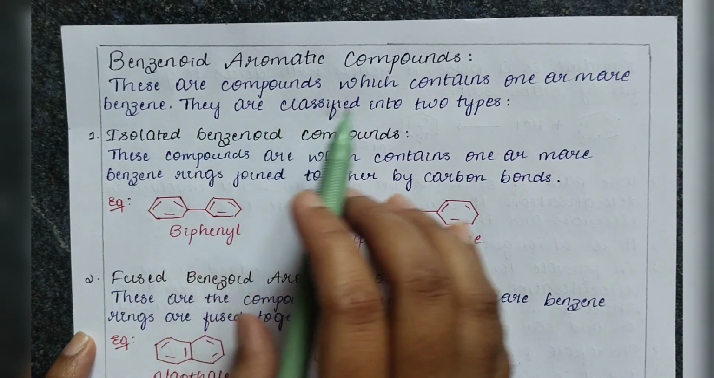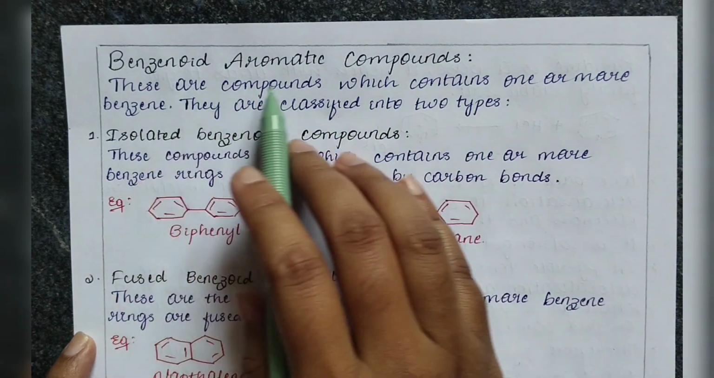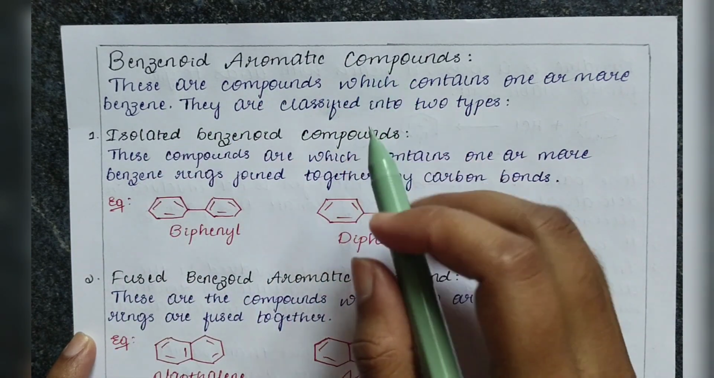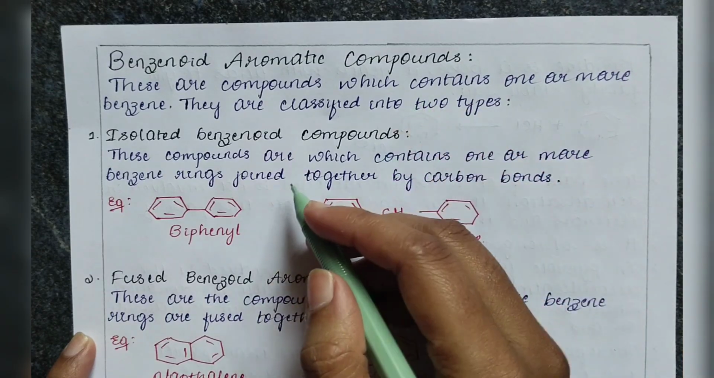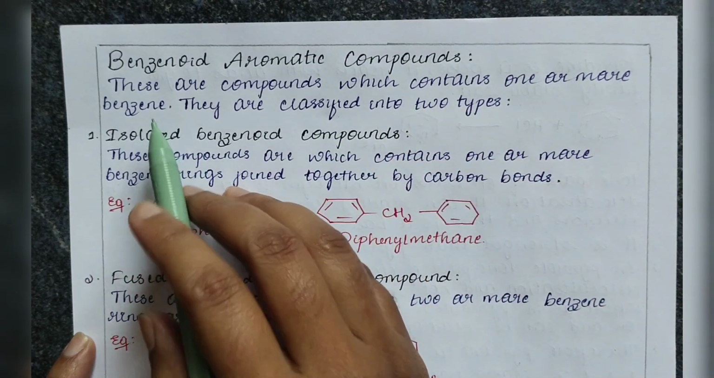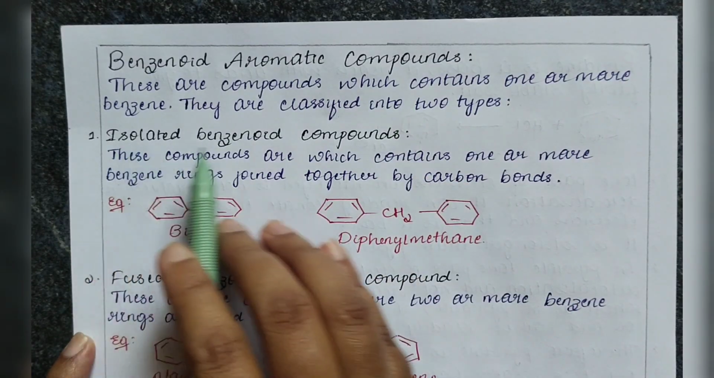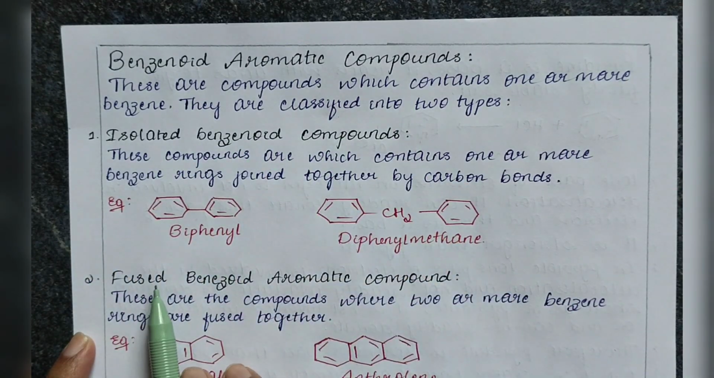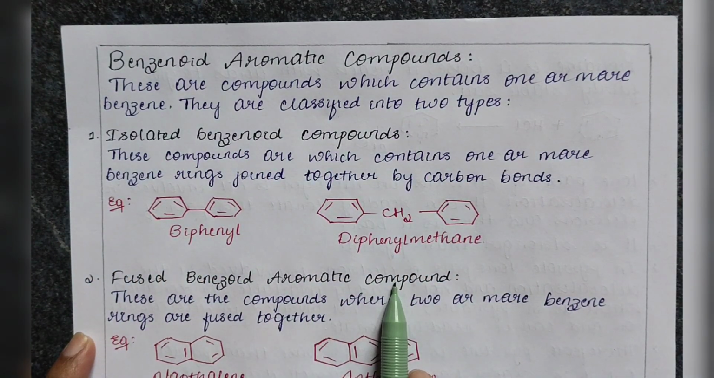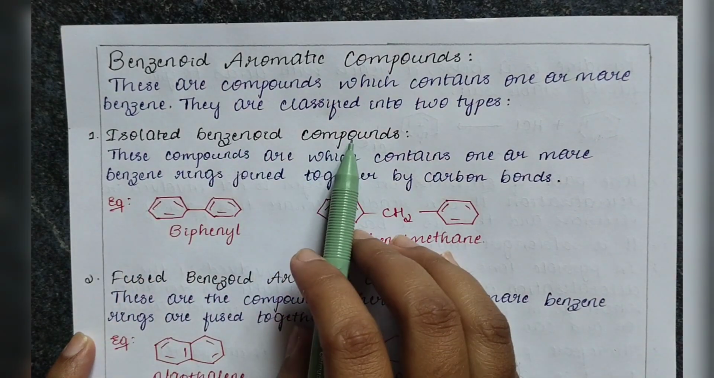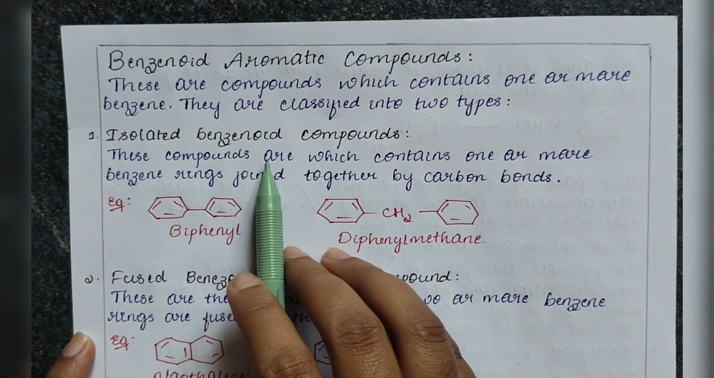They are classified into two types. Benzenoid aromatic compounds are nothing but compounds which contain one or more benzene rings, and they are classified into two types. First one is isolated benzenoid compounds and the second one is fused benzenoid aromatic compounds. Isolated benzenoid aromatic compounds are the compounds